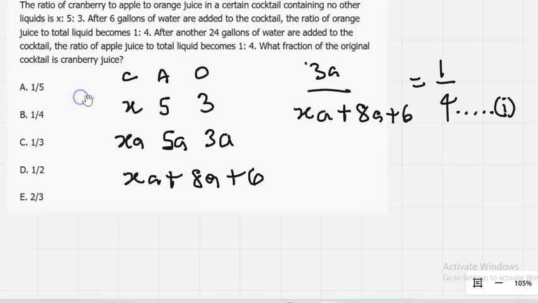The question is now saying, after another 24 gallons of water are added to the cocktail, remember, the 6 gallons that was added was not removed. So that's the meaning of after another 24 gallons of water are added to the cocktail. The volume of apple juice is 5A. Total volume now becomes XA plus 8A